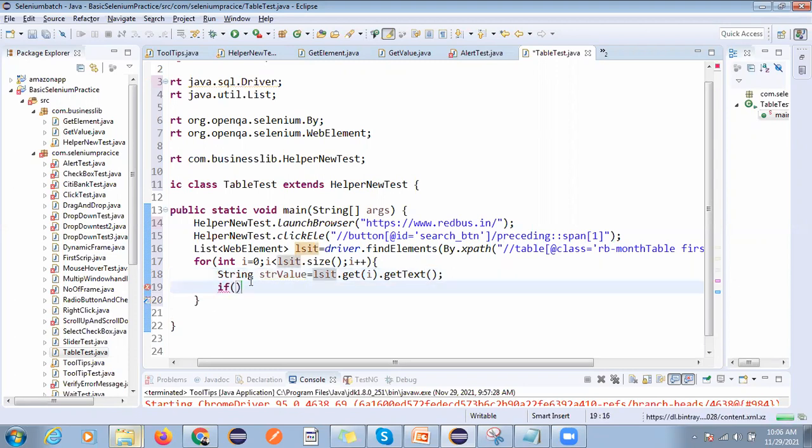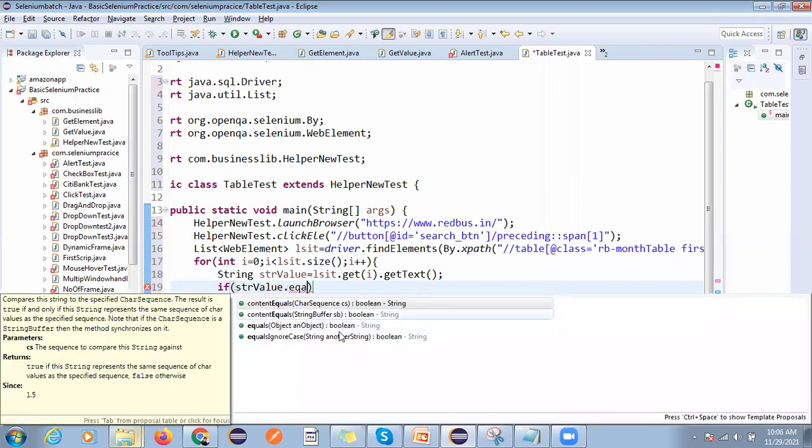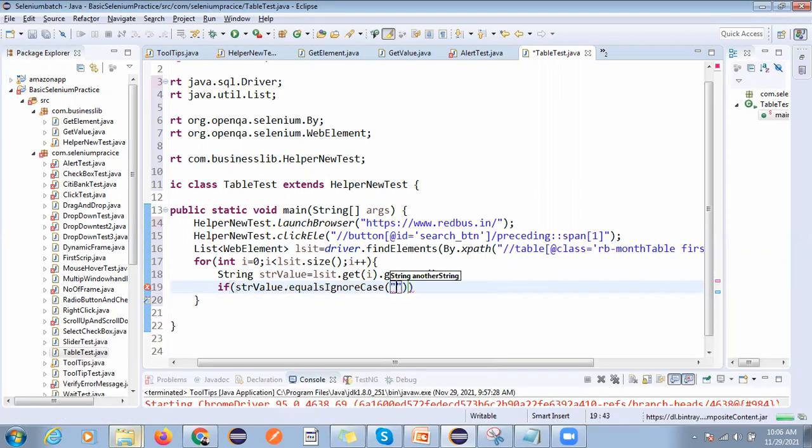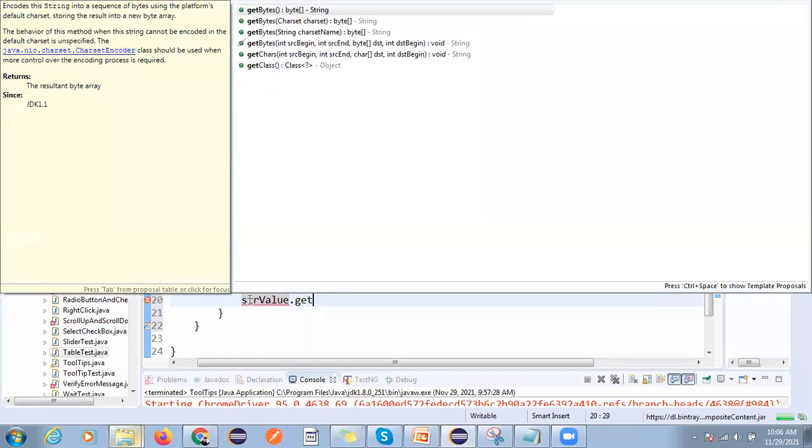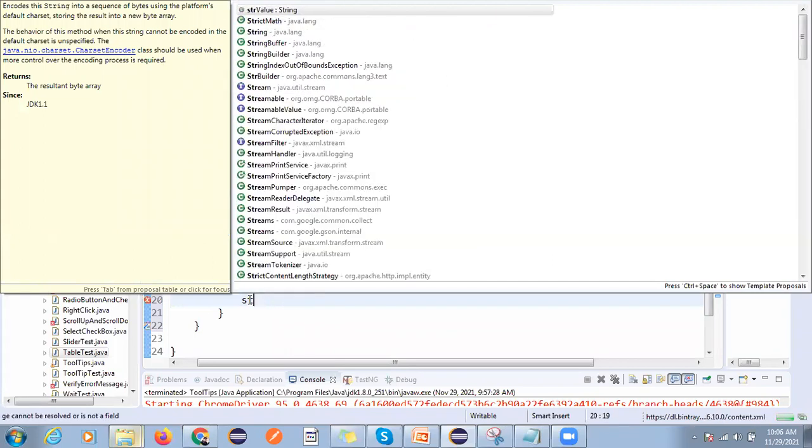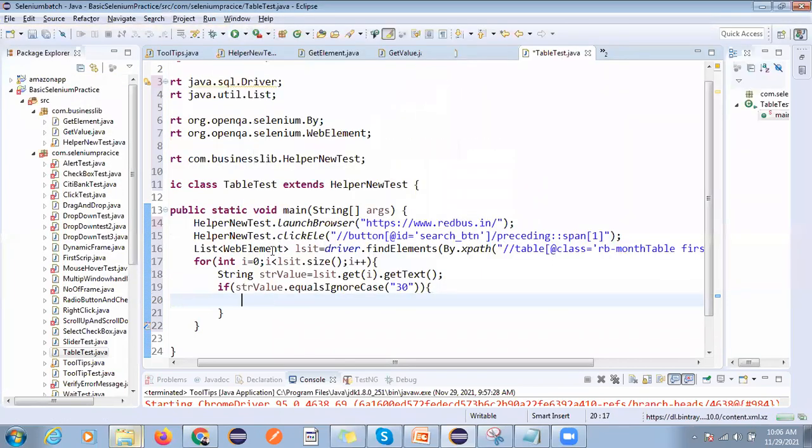Okay, and here we can do the same. If strValue, I want to select tomorrow's date, dot equalsIgnoreCase, I'm passing 30, and after that what we'll do here, same thing, strValue dot get of i, sorry, not strValue, we have to use this one, right?